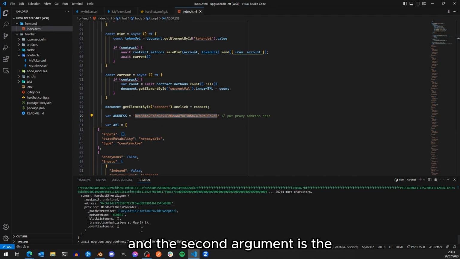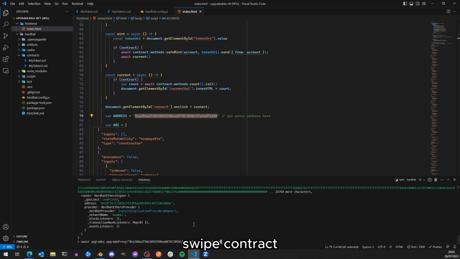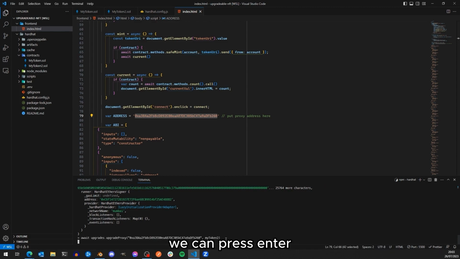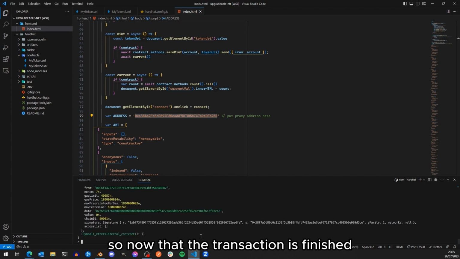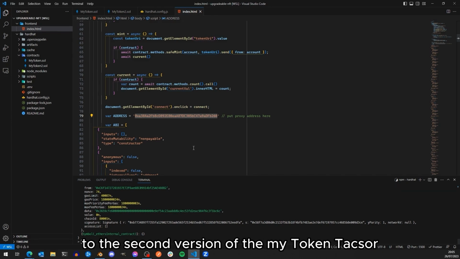And the second argument is the contract factory of the second version of the MyToken smart contract. And once we're done, we can press enter and wait for the transaction to finish. So now that the transaction is finished, it means that the implementation contract is now upgraded to the second version